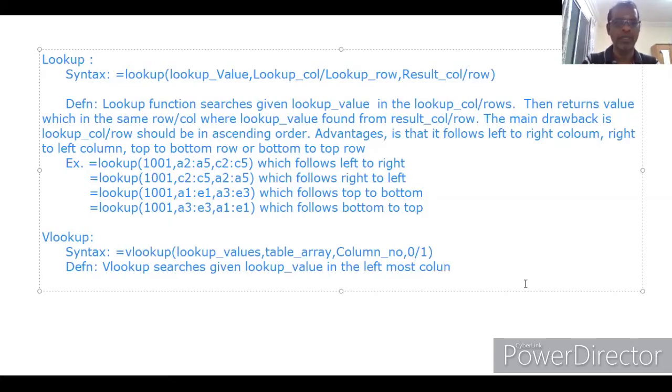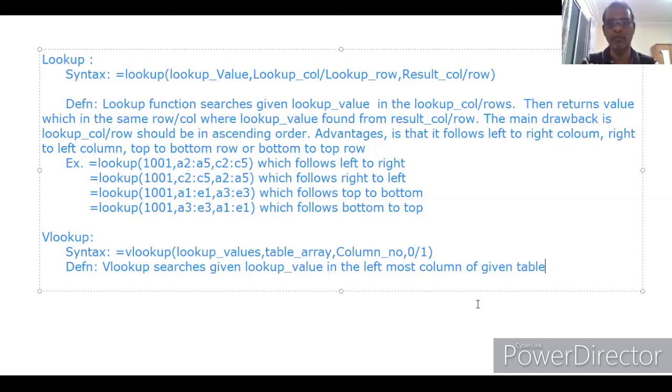See here, the lookup column is given as A2 colon A5. Here, the lookup column as well as lookup row is not given, so it is mentioned leftmost column of the given table. The whole table is given. So out of this whole table, the search should be done in the leftmost column.